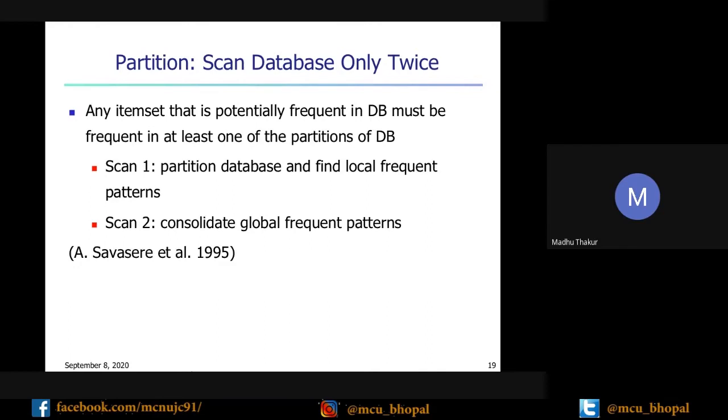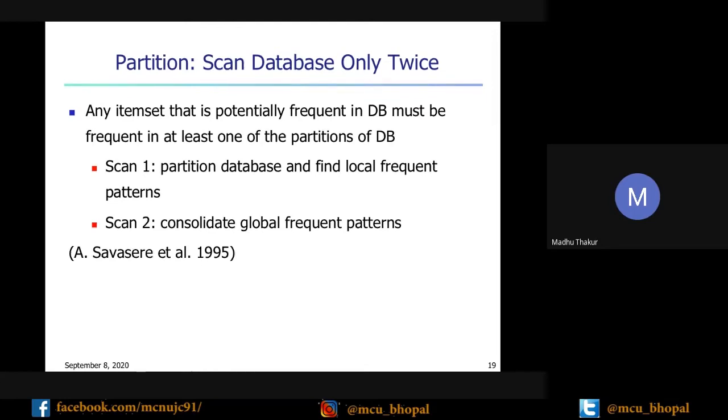One very important one is the partitioning method. In the partitioning method we can partition the data, because we cannot access the whole data a number of times, or we cannot fit the whole data in memory. Then we can make clusters of the data, chunks of the data, or different data sets.